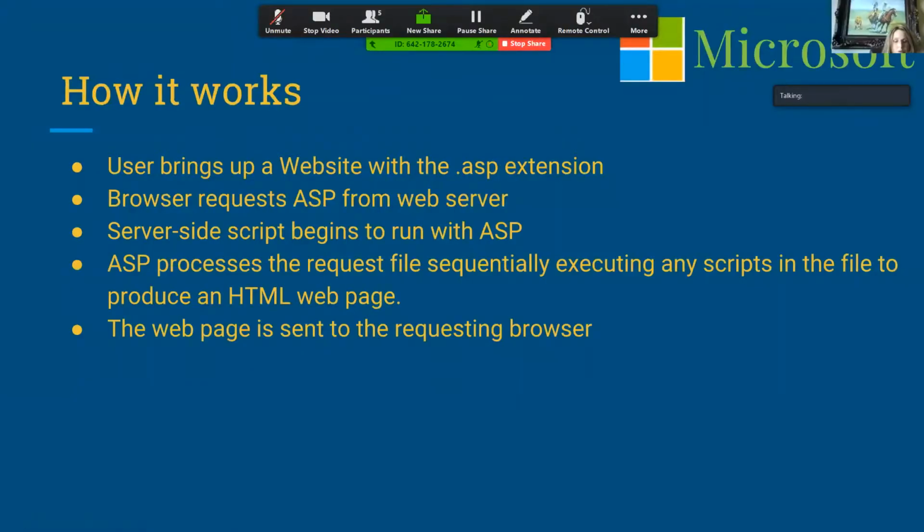How ASP works. When you incorporate ASP into your website, here's what happens. First, the user brings up a website where the default page has the .asp extension. Then the browser requests the ASP file from the web server. The server-side script begins to run with ASP, and then the ASP processes the requested file sequentially top-down, executes any script commands contained in the file, and then produces an HTML web page, which is then sent back